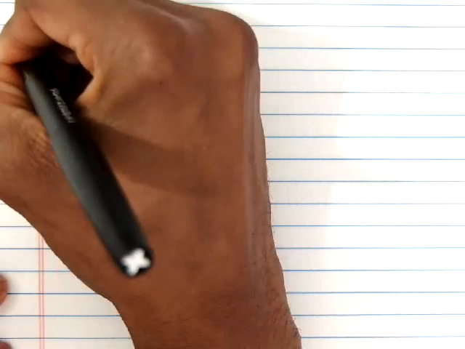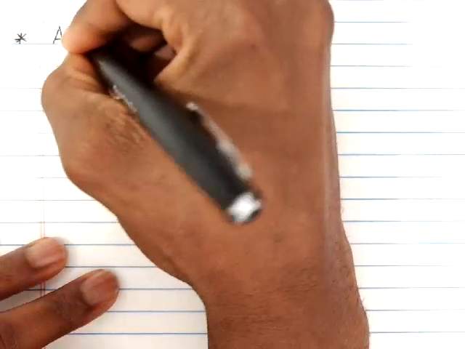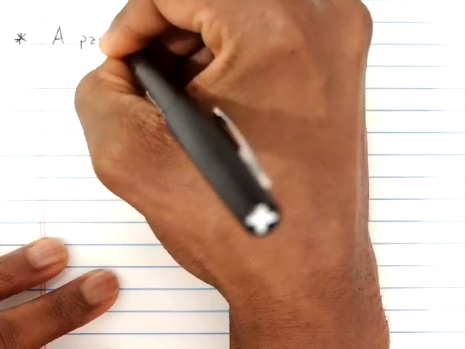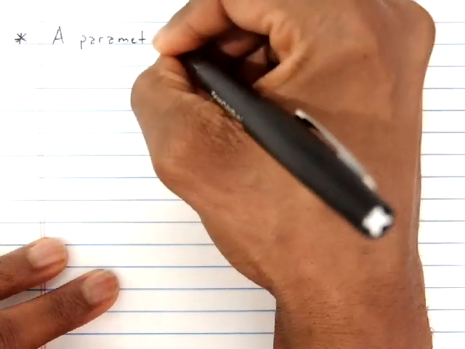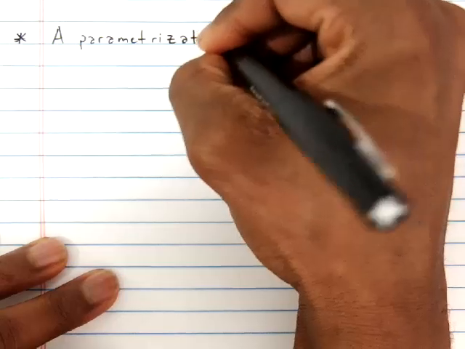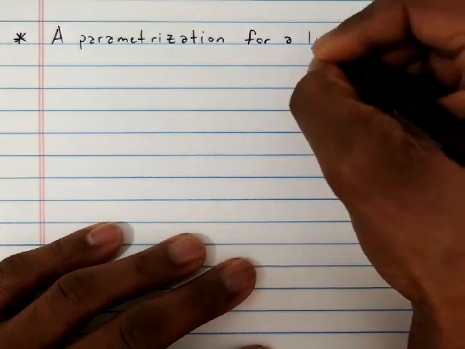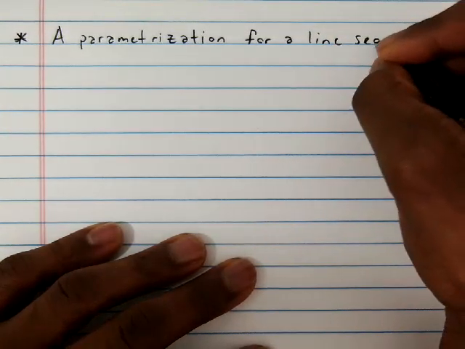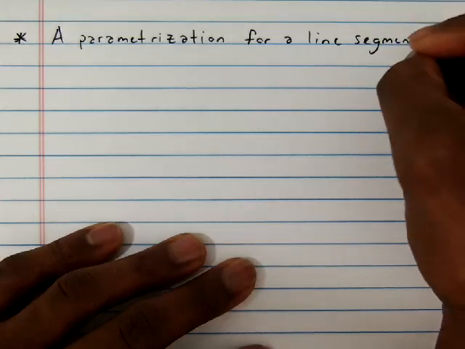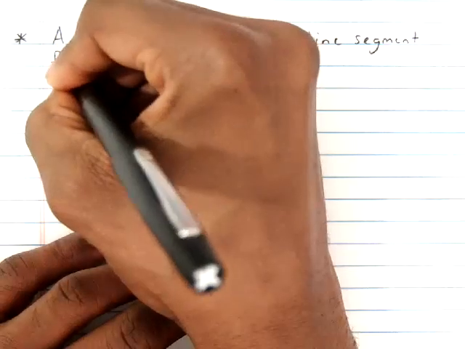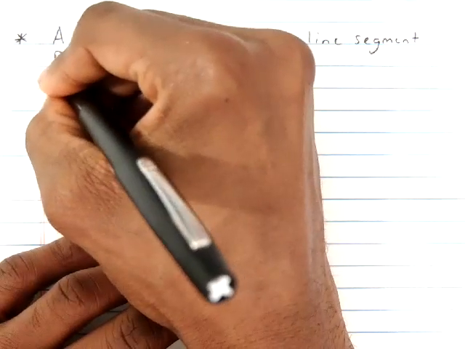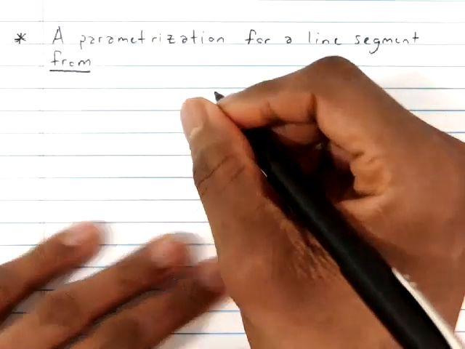So first, and I'll put asterisks next to these, a parameterization for a line segment from, and it's important that we have where we're starting and where we're ending,